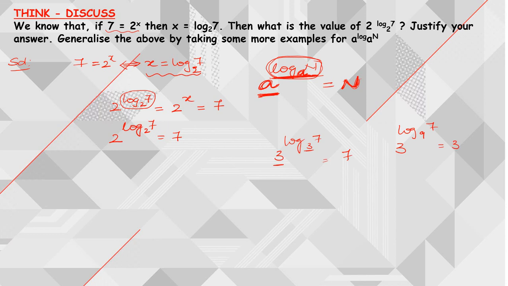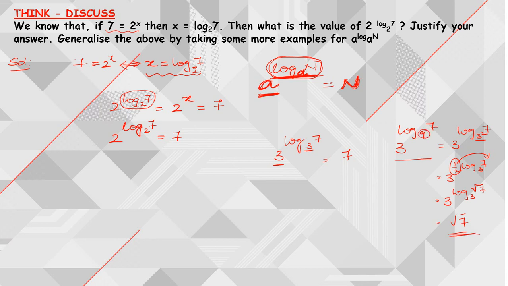Now this I can write as 3 power log 7 to the base 3 square. Since I am having 3 square in the base, using the power rule in the base, I can write it as 3 power 1 by 2 log 7 to the base 3. Again using the power rule, this 1 by 2 I can bring to the power. So this I can write as 3 power log root 7 to the base 3. From this I can write the value as root 7. So 3 power log 7 to the base 9 is root 7.